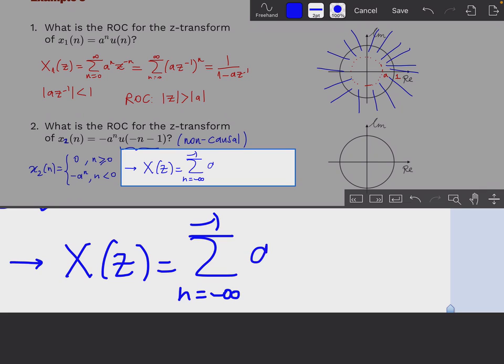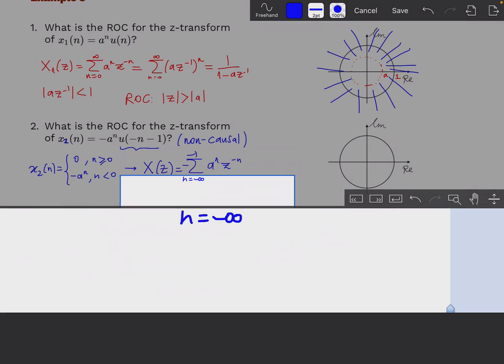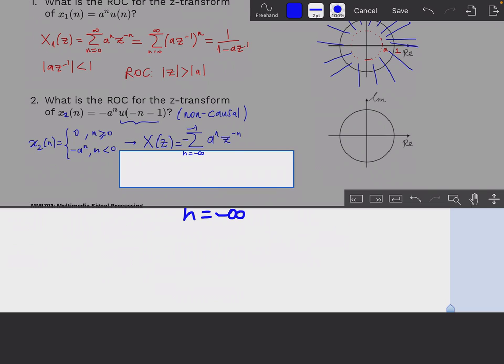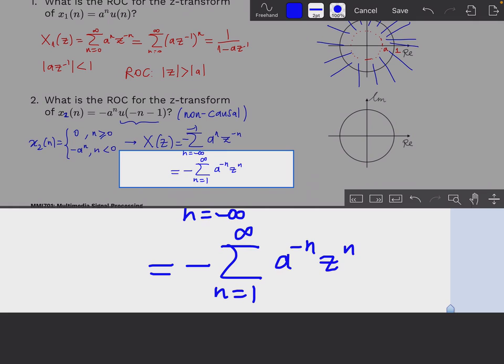We will have minus a to the power n, z to the power minus n, which is equal to minus, just changing the sign of the index. So it's going to be n from 1 to infinity, a to the power minus n, z to the power n,